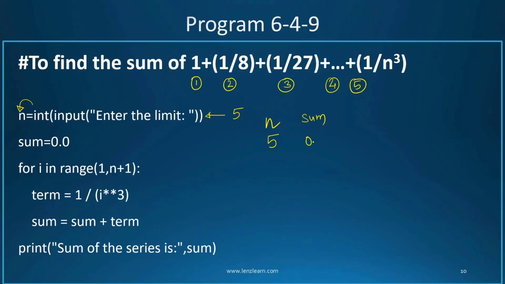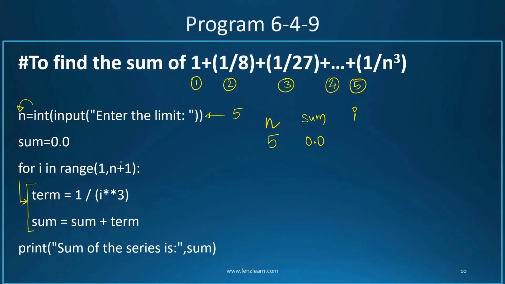It is having an initial value 0.0, so you can understand this is a float variable because it is taking a decimal value as the input. After that I have a for loop which has these 2 statements inside of it, and the print statement is outside the for loop. So after the for loop terminates, I will print sum of the series with the value inside the sum. Now the for loop runs with control variable i, and it gets the value from the range